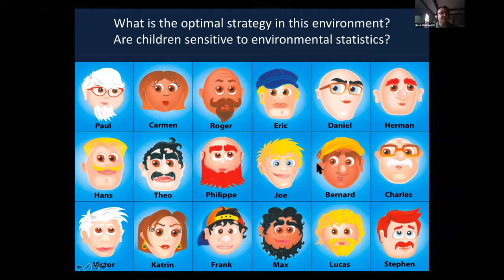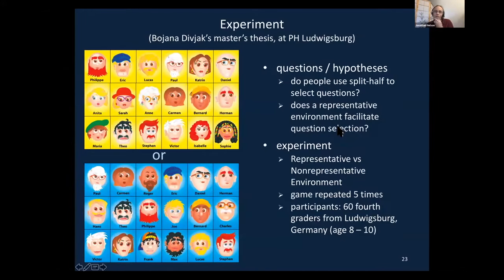Because we cannot use gender. You're allowed. No, but I mean, it doesn't help us. That's what I'm saying. It doesn't help you divide it by half. Okay, so if you have some kind of proxy, like let's call it split-halfiness of the question, then for this set of environmental probabilities, asking about gender isn't as useful as it was in the previous set. That's right. Okay, so what do you think 9-year-olds in southern Germany did when Bojana asked them this thing?